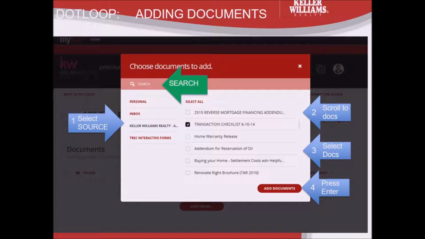So this on the left-hand side is the different folders. Eventually, what you can do is you can even add your own documents into personal, and you could edit them. If there's a document you use quite often, for example, one that isn't a promulgated form, you can put it in there. You can scan it, and you can even put in the names and stuff that you want